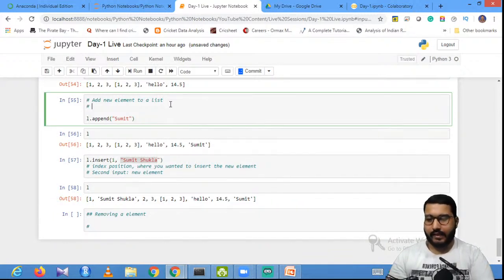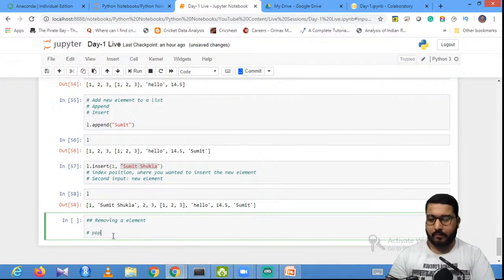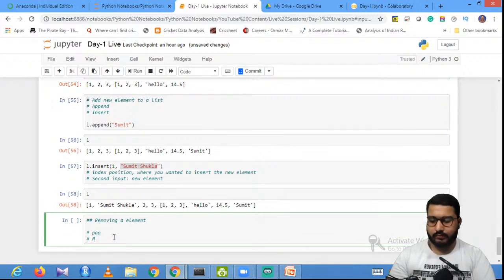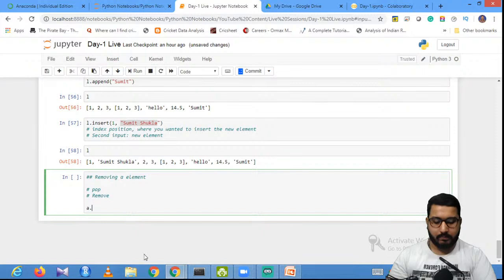For adding we have append and insert. For removing we have what is known as pop and remove. Now if I say L dot pop, and if I don't mention anything inside the parentheses,